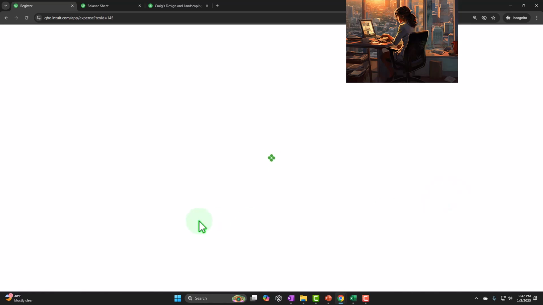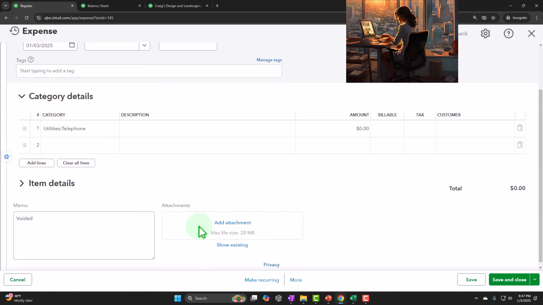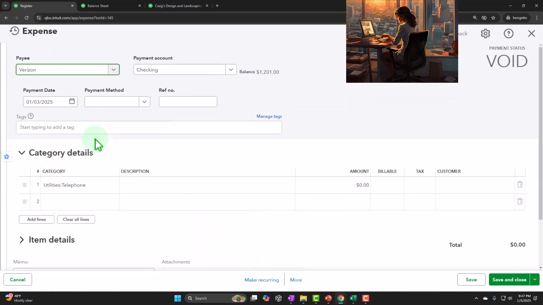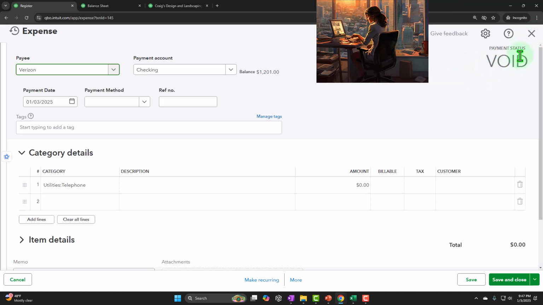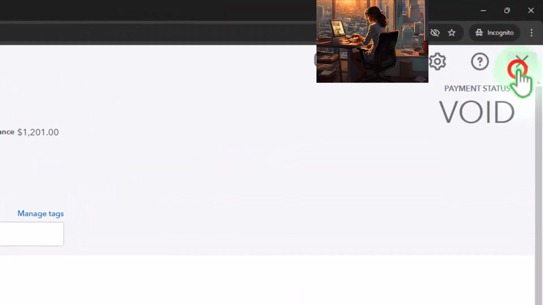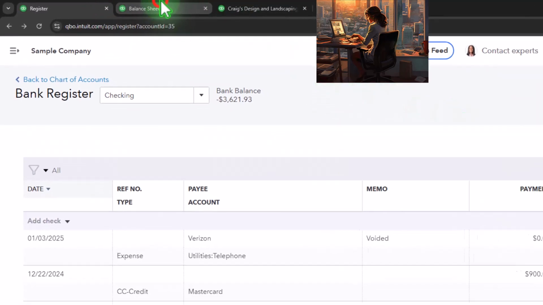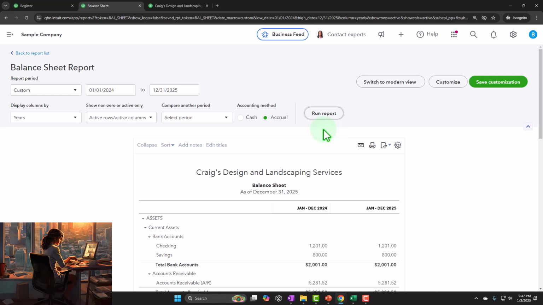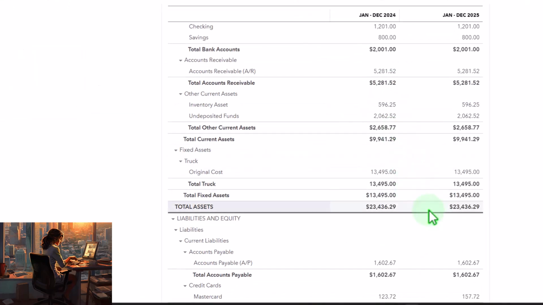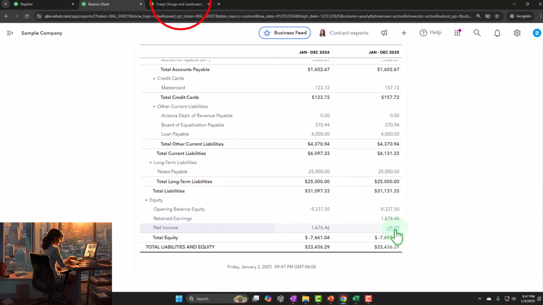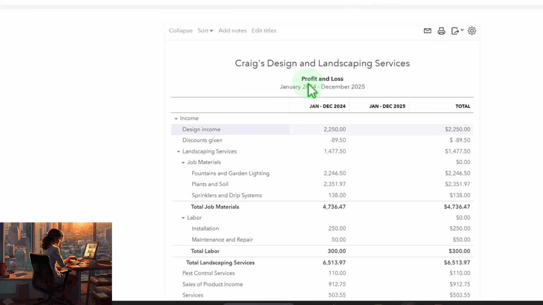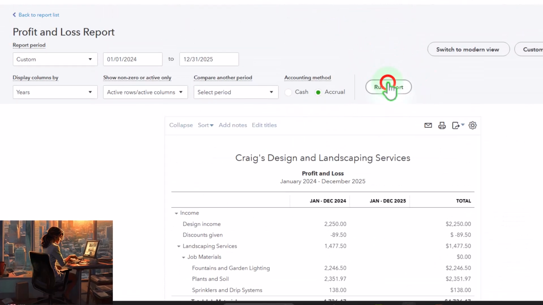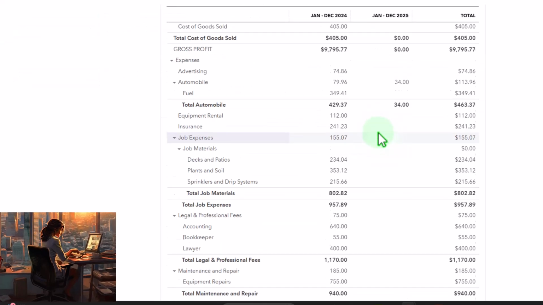So if I go into this transaction, I see it as basically voided. So that's cool, and you can see it's voided up top. The problem with that is that when I go to my balance sheet and run the report, in 2025 that amount has been removed. If I go to my income statement, it's been removed. I'm imagining I'm currently in 2026,